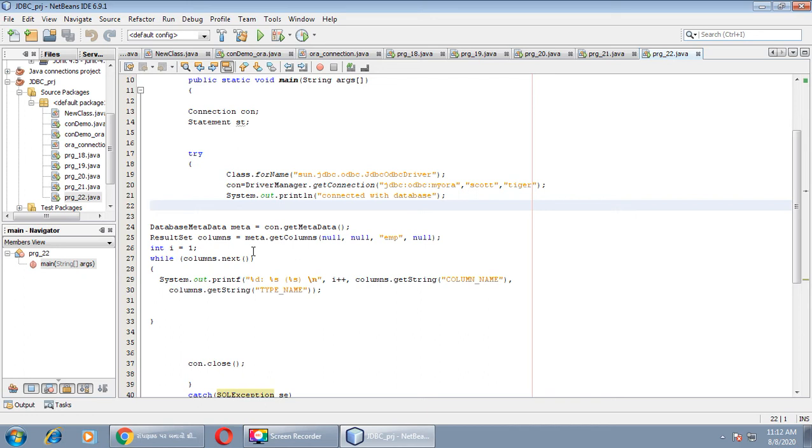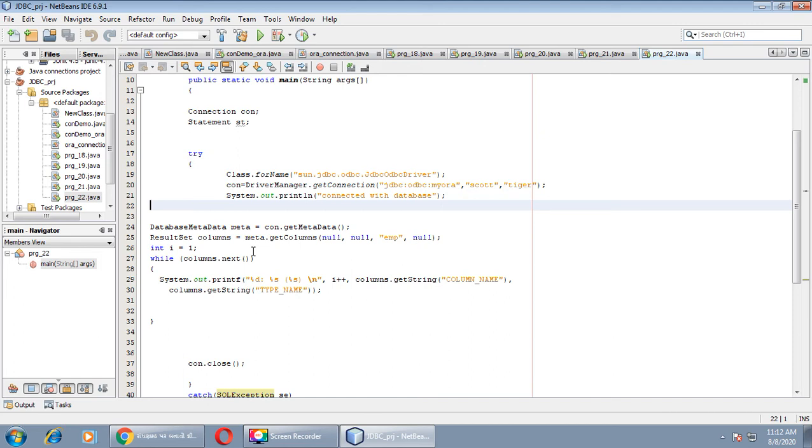Then create one object of the ResultSet class. Here columns is the name of the object of the ResultSet class, and meta.getColumns gets all the details of the columns of the employee table and stores them in the columns object.